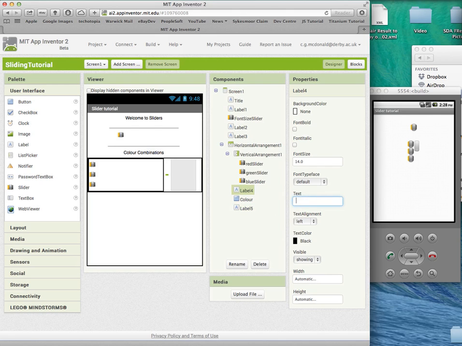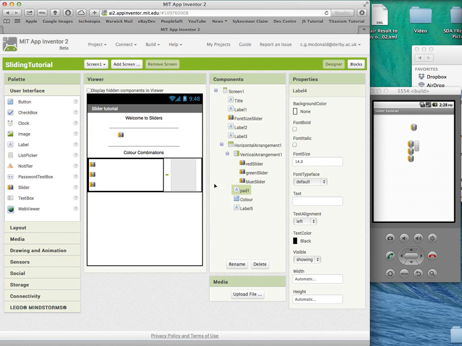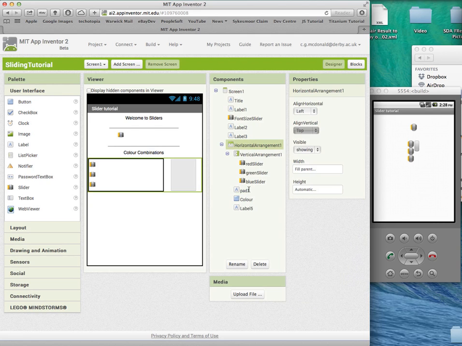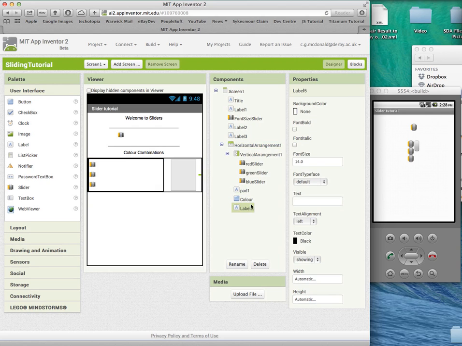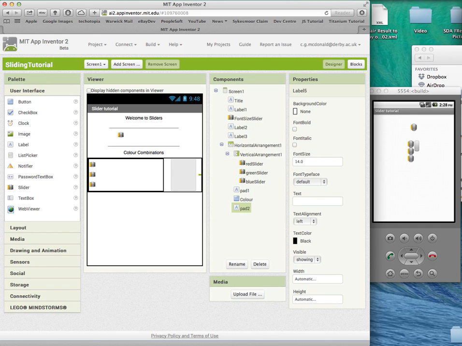We'll make that 1 space, not 2, and we'll rename it pad 1, and just for completeness, pad 2. So if we reset connection,